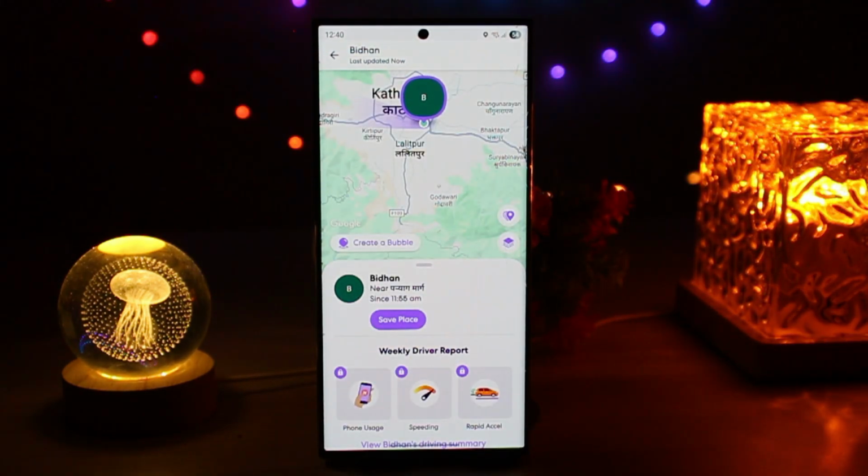After that, view the history. Scroll down to find the location history. Life360 will show a live timeline of places the member has visited recently, including timestamps and addresses. You can also view this on the map. And that's it. You have successfully checked the location history on